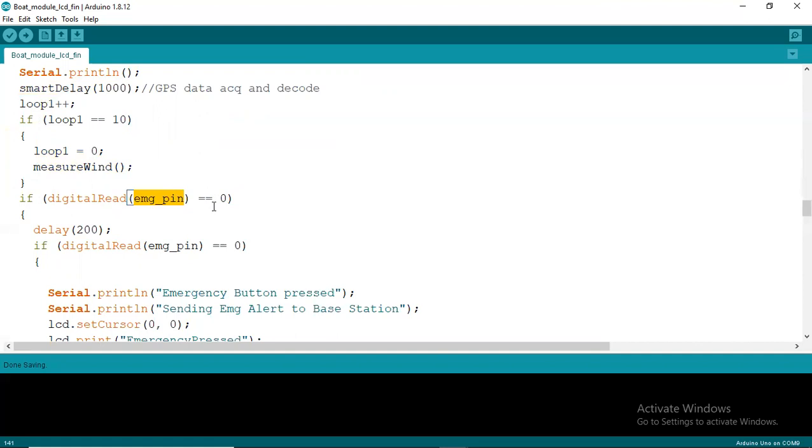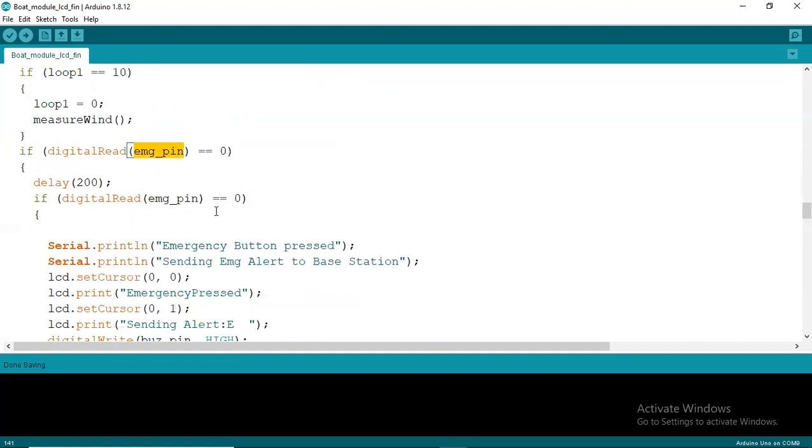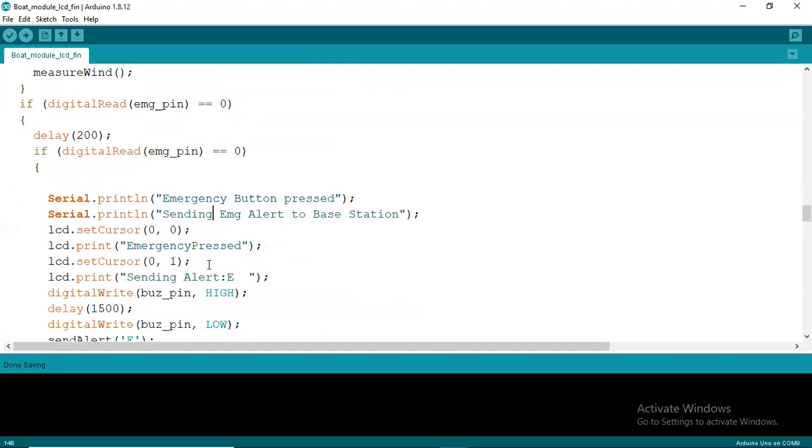If the pin or button or key is pressed, you check again because it may be noise, maybe a spike. So after double checking, the key was really pressed. Okay, somebody is pressing this; he will not just press and leave it. He will press for 1-2 seconds. Correct now? Whenever Serial.print comes, it is just printing on the computer, and LCD.print is printing on the LCD.